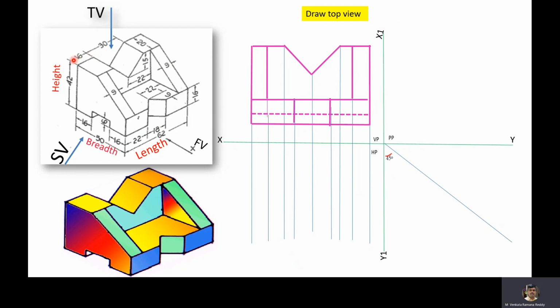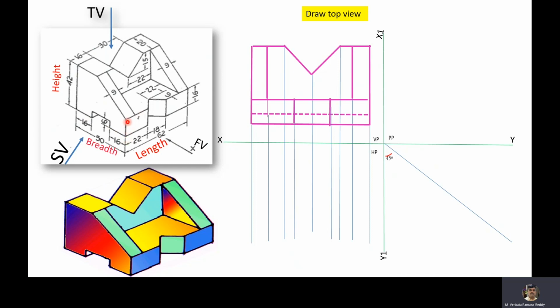Here we're able to see the two dimensions of length as well as breadth, whereas the height dimension will not be shown in the top view. Here 16 mm and 30 mm and 16 mm, and this total breadth is 50 mm.